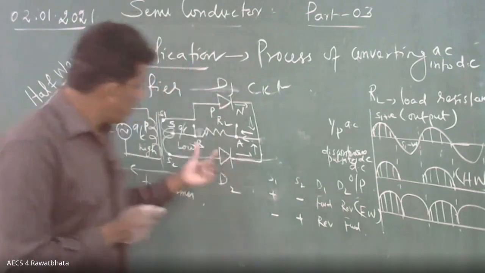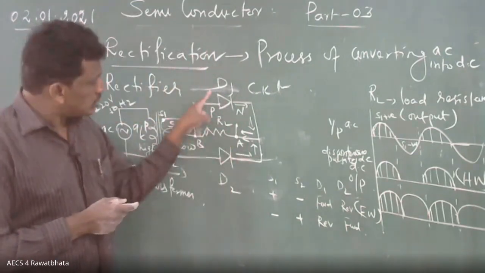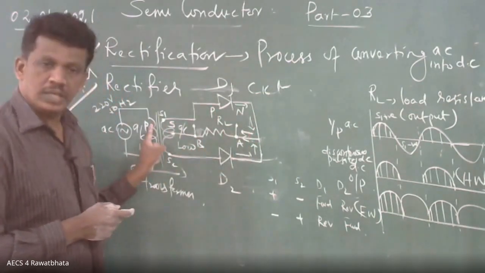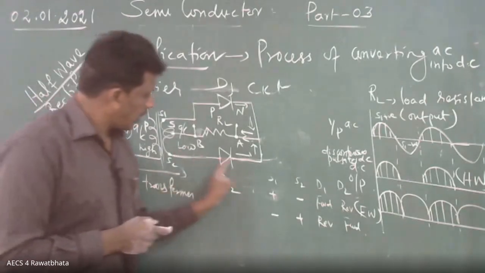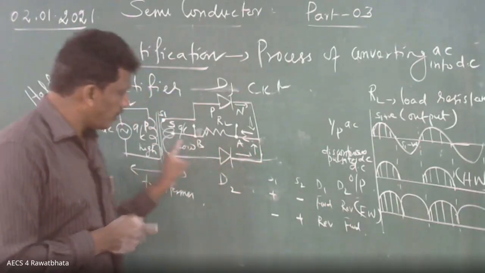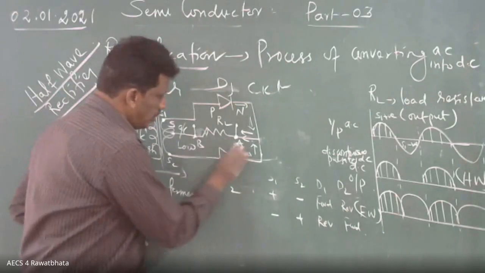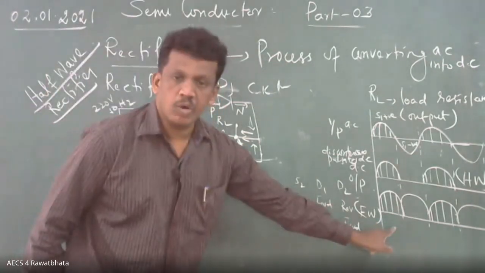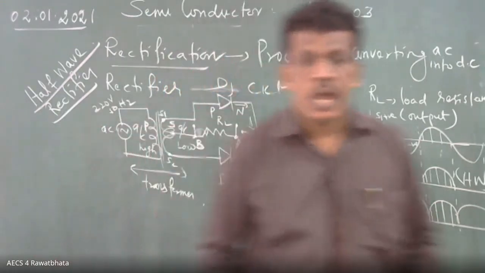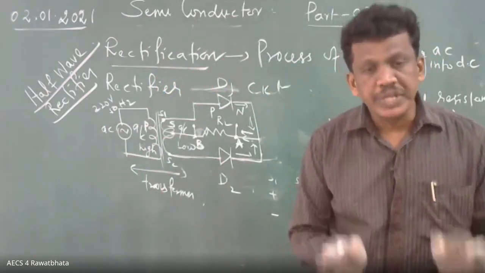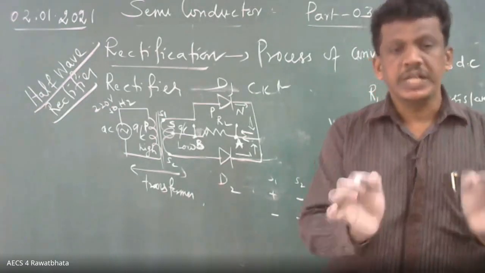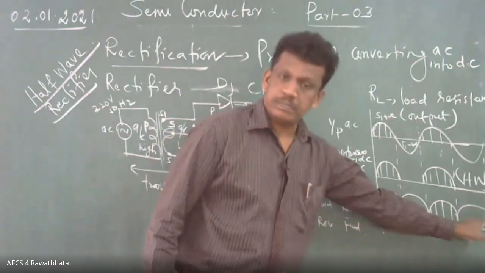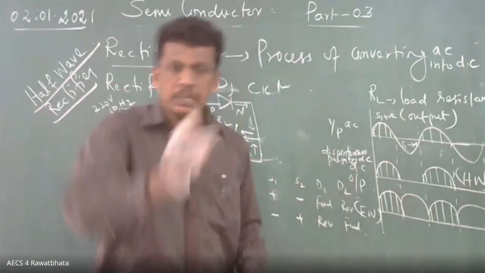So make the circuit like that. Suppose D1 is forward bias, current flows like that, A to B. D2 forward bias, current flows like that, but always from A to B. So you get output. What kind of output is this? Pulsating, continuous, pulsating DC. That's all. Continuous because no gap. Pulsating because it is like pulse type.